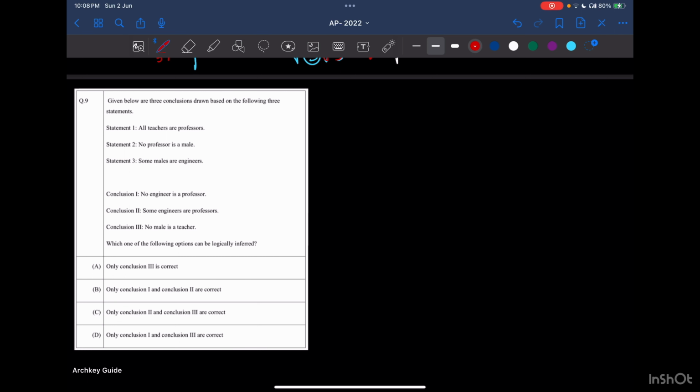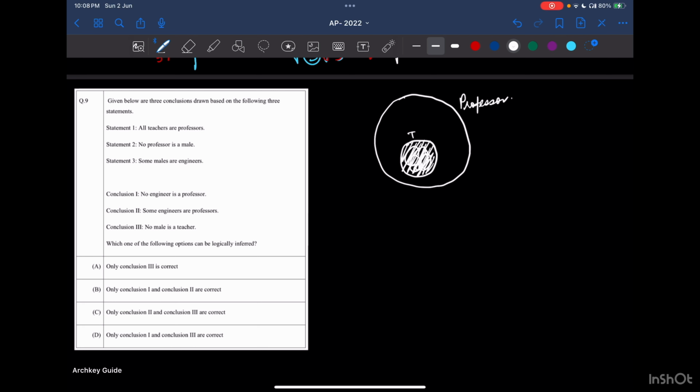Given below are 3 conclusions drawn based on the following 3 statements. All teachers are professors. Okay. When such questions come into the picture, हम लोग diagram बनाएंगे. ठीक है? That will help us understand better. So all teachers are professors मतलब if this is a circle for professors and teachers ये है, तो if these people are teacher, they are also going to be professor,